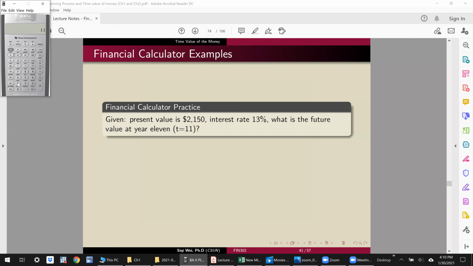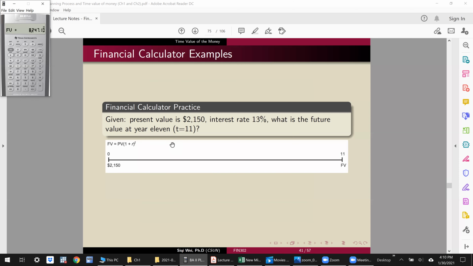So you press 11, and then capital N. Now you solve for the future value. On the left corner, you have CPT, which is short for compute. Your future value is going to be